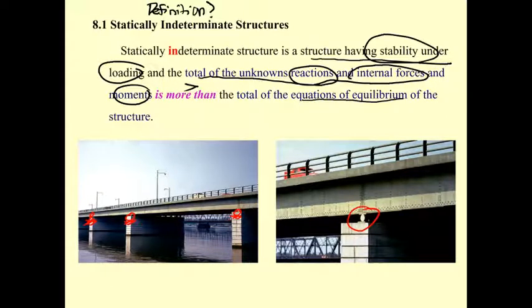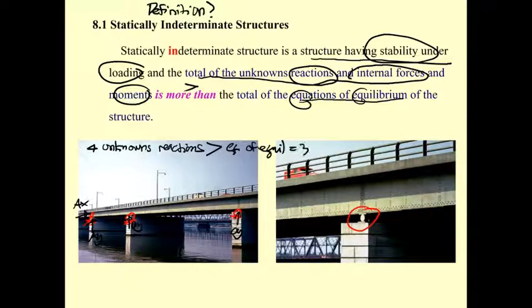Okay, you may have for sure, let me put it in black, the reaction here. Let's say it's Ay. It also has Ax. It also has By. It also has Cy. So we're going to have the total of what? Of four unknown reactions, which is larger than the equations of equilibrium,